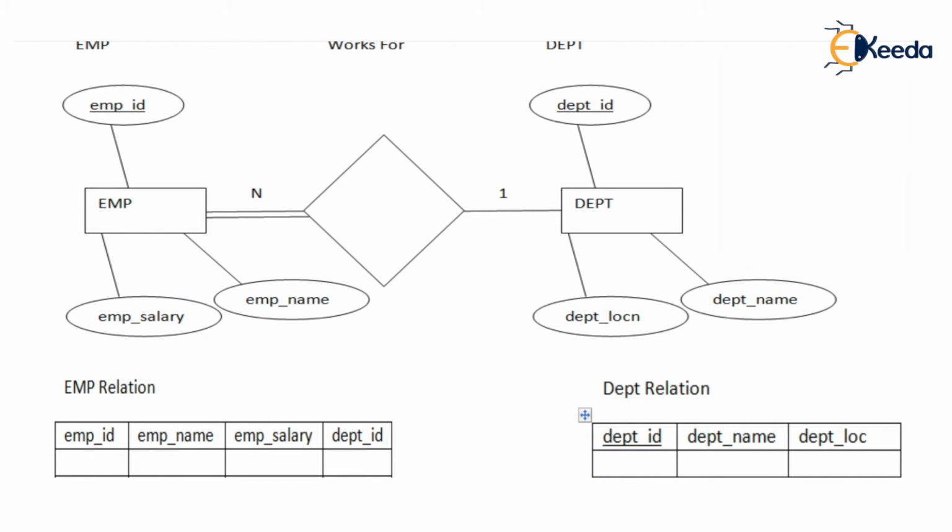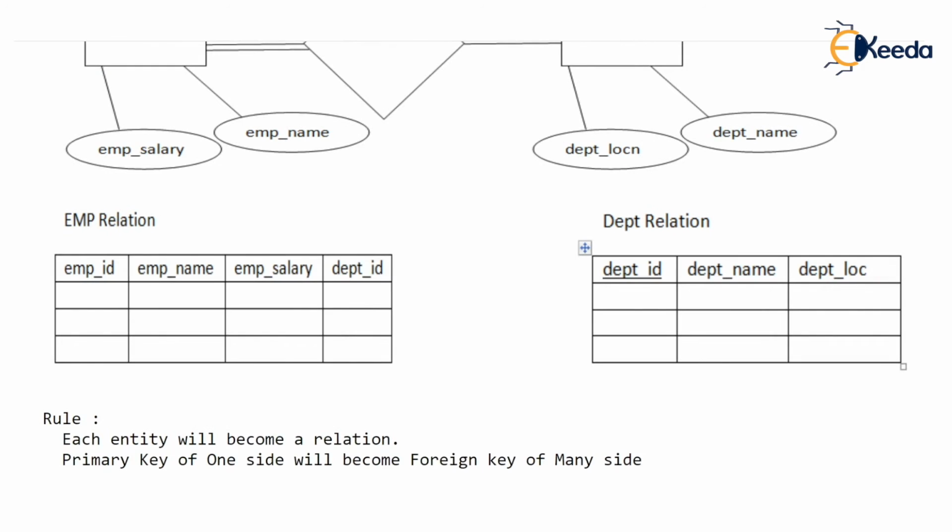Now just think of this question and answer in yes or no. Can department ID of the EMP relation be duplicated? Yes, of course, because if you have many employees working in the same department, say 101 works for the first department, 102 also works for the first department. So a foreign key value can get repeated. But this foreign key was referencing a primary key. Can that value get repeated? No, never. This is a primary key, isn't it? I hope you are understanding what I am saying.